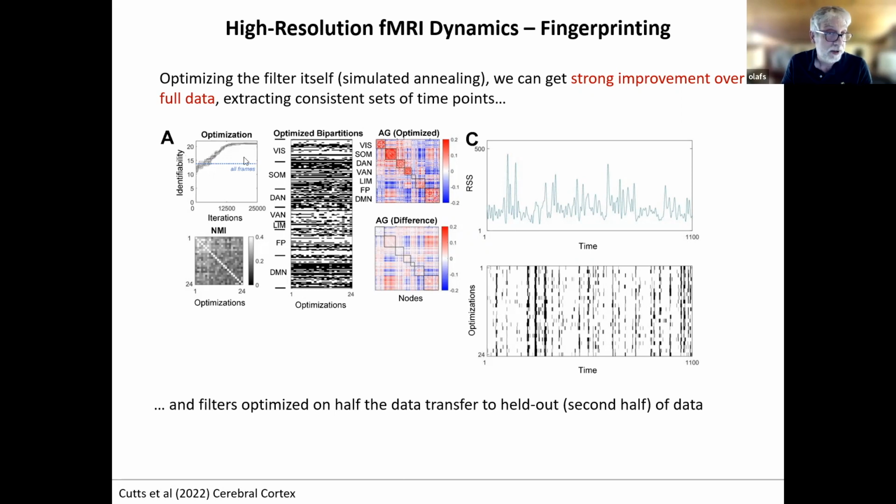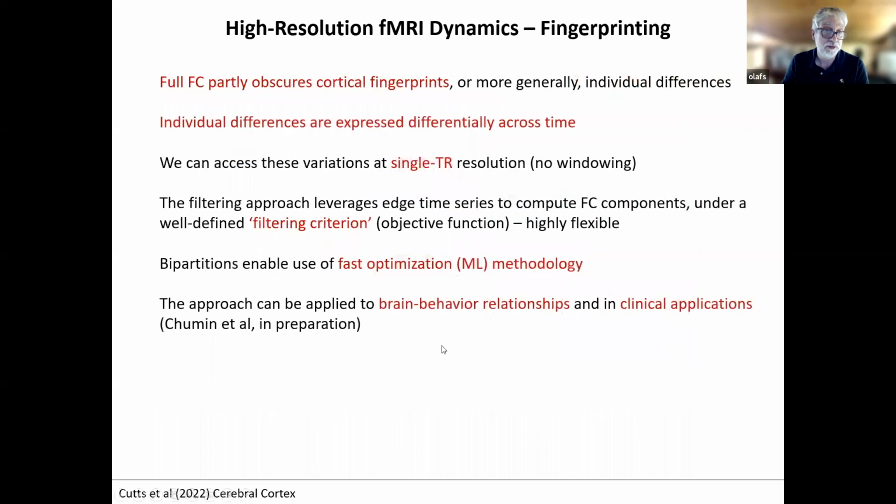Importantly, we can do this on a subset of the subjects, and we can then use held out subjects to verify whether the strategy actually works, on subjects that the optimization has never seen before, and it does transfer very nicely. So we can use a filtering strategy in time, at single TR resolution, to identify moments shown down here when fingerprinting performs best across individuals. We are currently engaged in an effort to employ this strategy for brain behavior relationships and see if we can enhance brain behavior relationships in this manner as we could enhance fingerprinting.